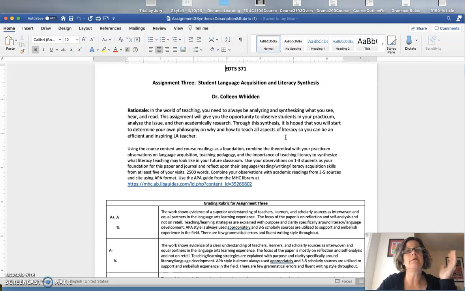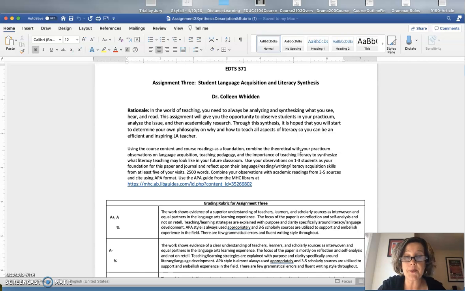ultimately it's super interesting because it's an area that you see in real life that you're like, okay, I need to know more about this. I need to use my research skills to come up with some kind of solution. So here we go. Using the course content and course readings as a foundation, combine the theoretical with your practicum observations on language acquisition, teaching pedagogy, and the importance of teaching literacy to synthesize what literacy teaching may look like